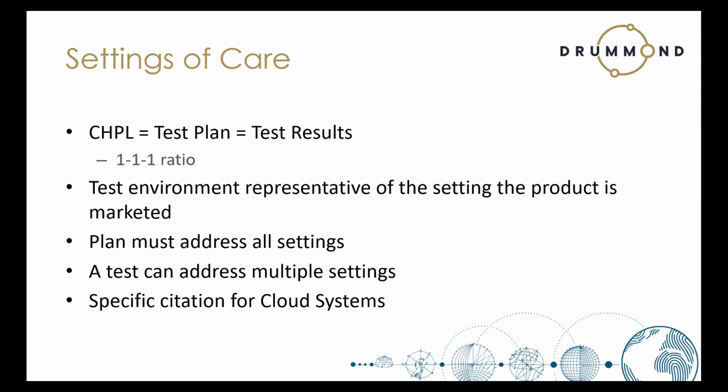If I can clearly explain in the justification portion of the report and the results that this result applies to settings of care A, B, and C, then that's probably going to be satisfactory. Frankly, one of the other questions that we have for ONC is, for those folks that are just going to go the self-prepare and submit route for both reports and test results,